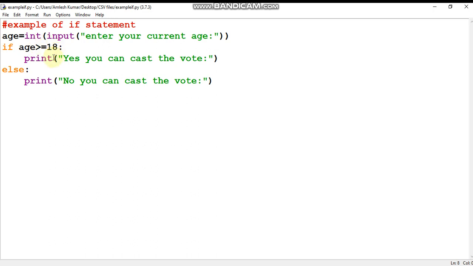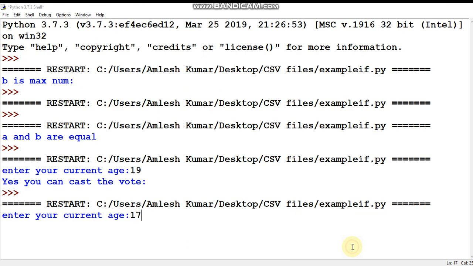So in this case this part will not execute, the else part will execute. So what will the result be? No, you cannot cast the vote. You can see here when we press enter, no, you cannot cast the vote. So it's very simple. The else part will execute when the condition is found false.